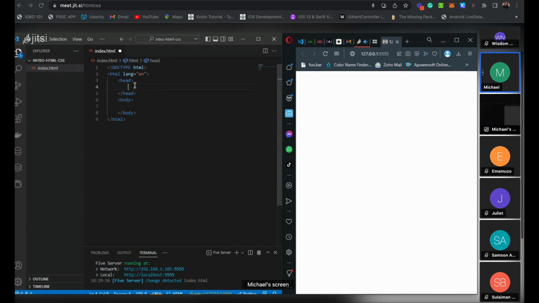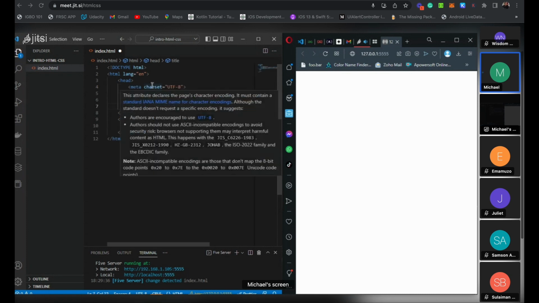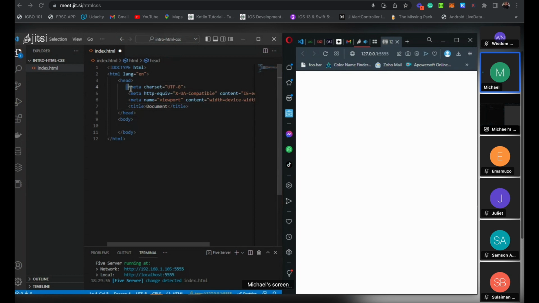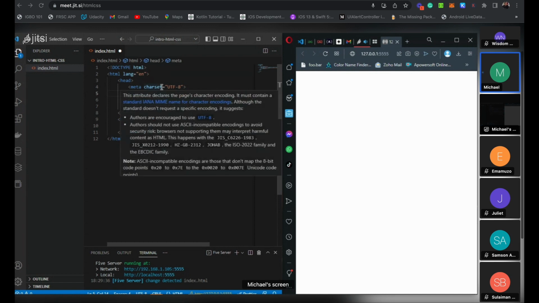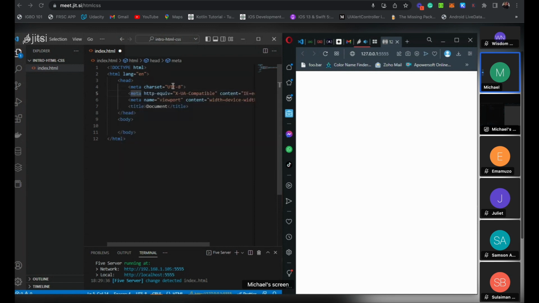I will be putting in some stuff right here. Now you can see some of the meta tags that we have here. These meta tags provide further information to the browser, helping it to understand more how to handle this particular document that we have written. You understand? So this is how it is. First of all, we are defining the character set of this document to be UTF-8. And then